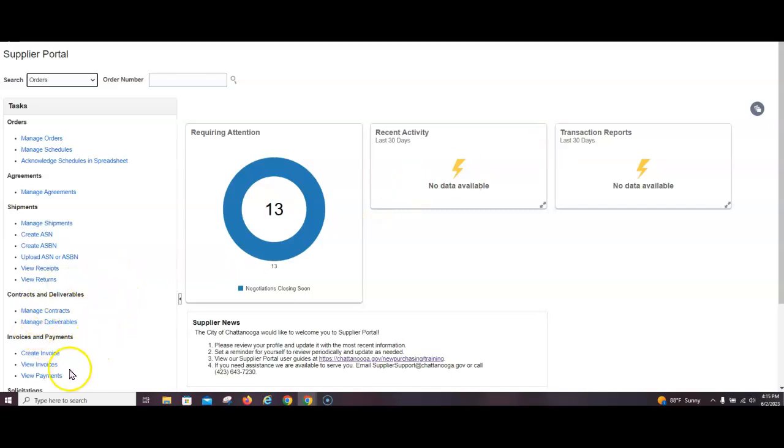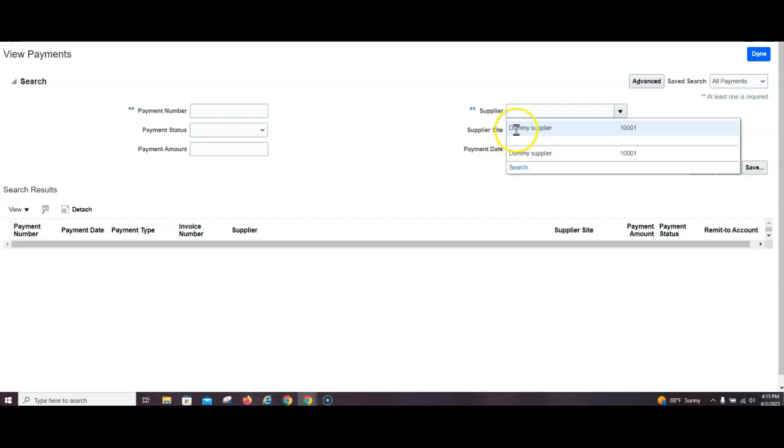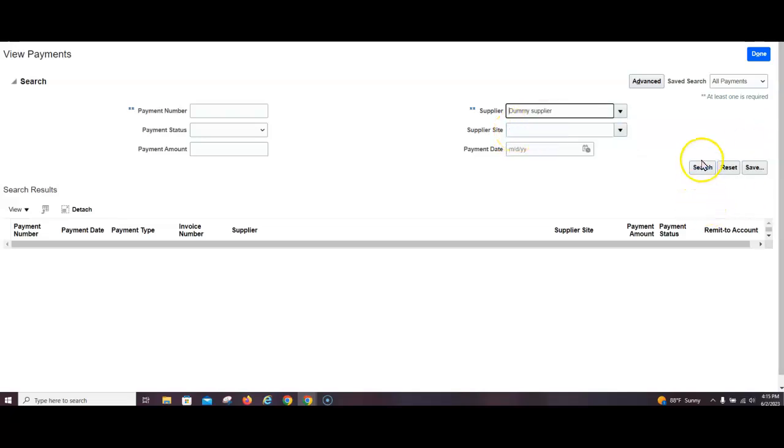The next thing I would like to show you is View Payments. View Payments and View Invoices cross-reference each other. So again, you're going to come to Supplier and click on it and click Search. And there's none in for dummy supplier, but what's going to happen is your payment numbers will show up, the